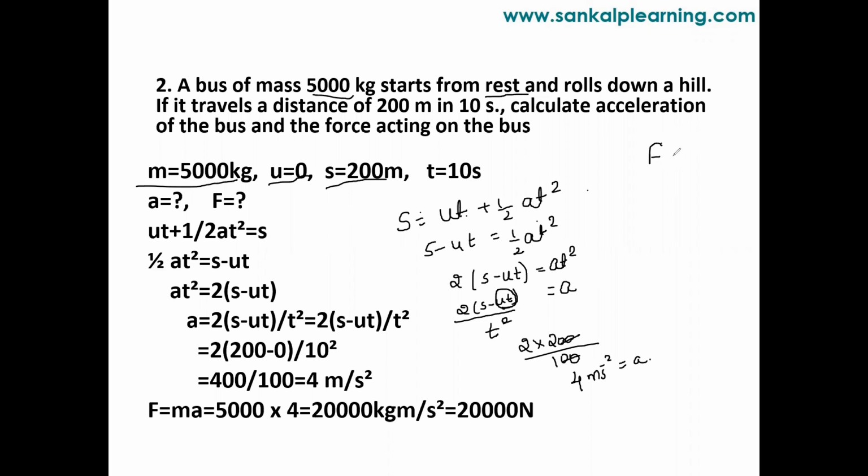Why? Because we have force F is equal to mass into acceleration. Mass is how much here, students? It is 5000 kg into acceleration is how much? It is 4. So it will be 20,000 Newton. It will be 20,000 Newton. You can see the solution is written. So whichever is convenient for you to understand, you can copy that one here. Right?